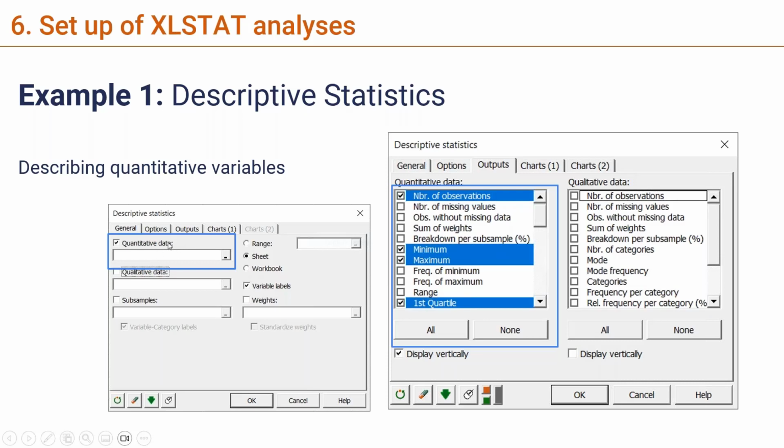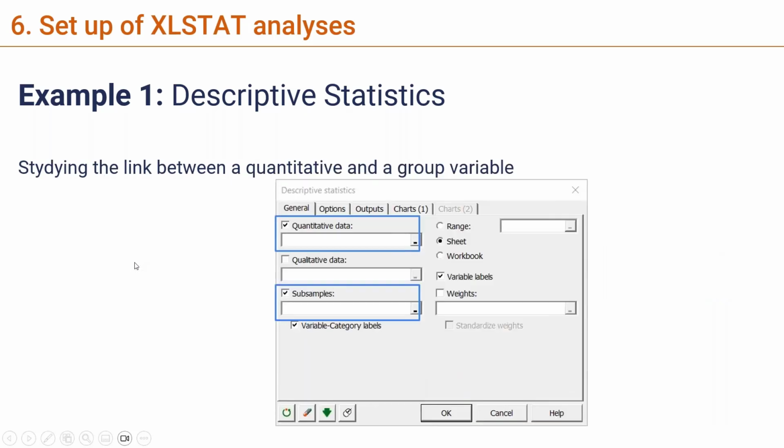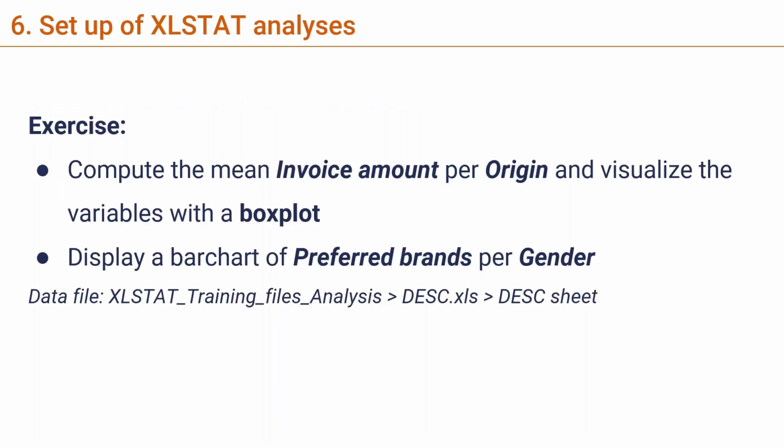What we can do is describe quantitative variables, but we can also describe only qualitative variables. So if you don't have quantitative data, that's fine. You just need to uncheck the first field and check the second one. But you can also explore the relationship between a quantitative and a qualitative variable. In this case, you need to check the first field and the last one, and that's what we are going to do